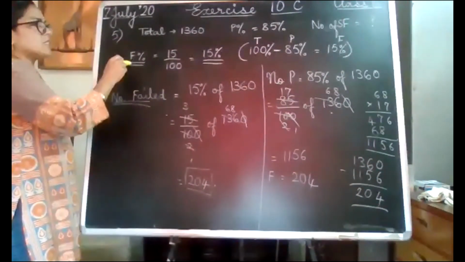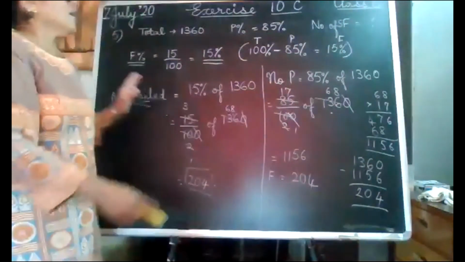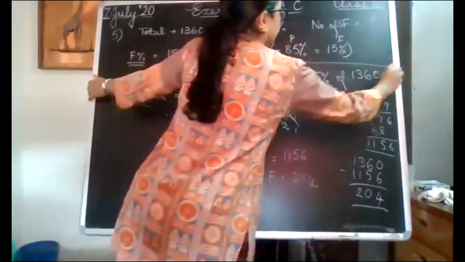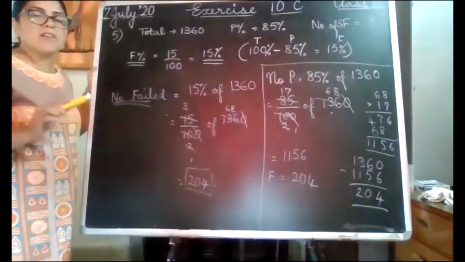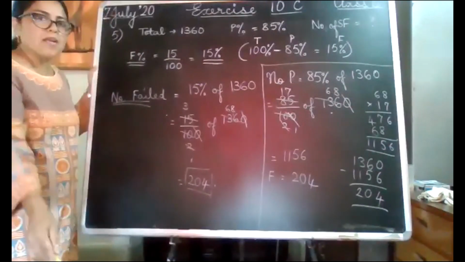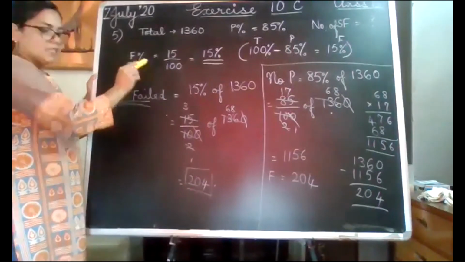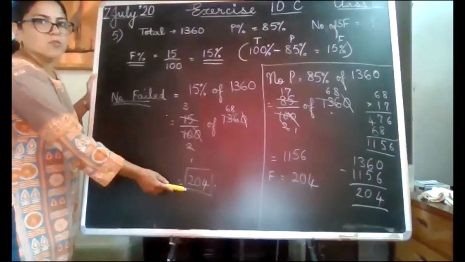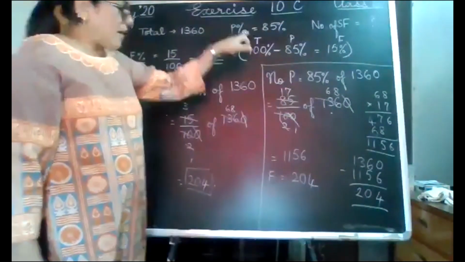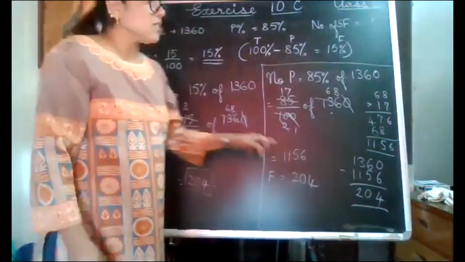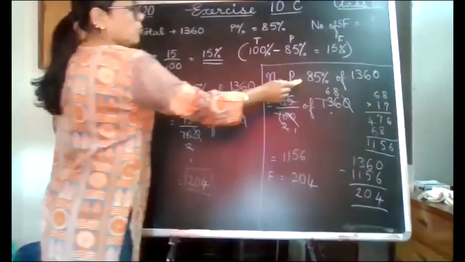So, always with the percentage, you can find out the number. Now, in this, what have I done? In the second method, if we know the pass percentage, very easily we can find out the number of students who passed. Like what we have done over here. With the help of this failed percentage, we found out the number of students failed. So similarly, with the passed percentage, you can find out the number of students who passed. So what will you do? 85% of 1360. So when you do 85%